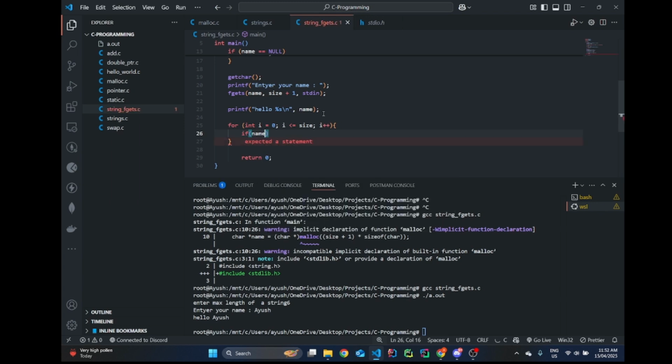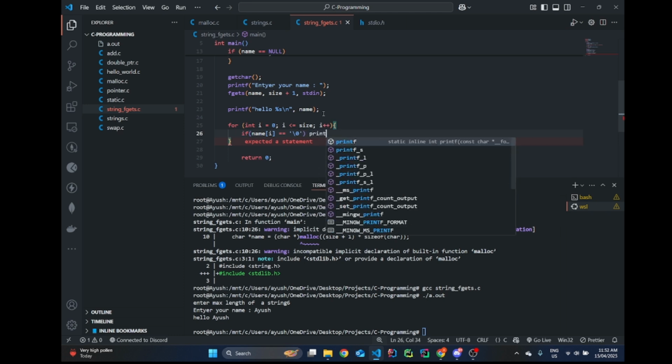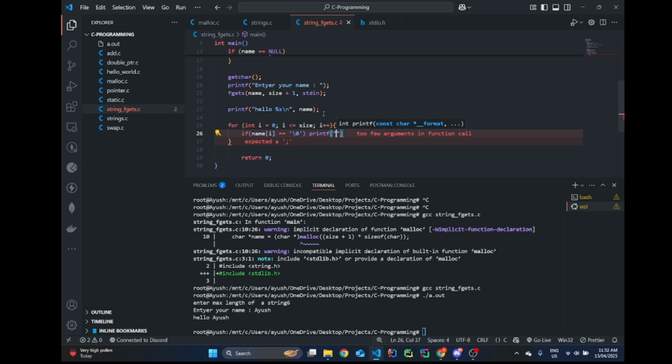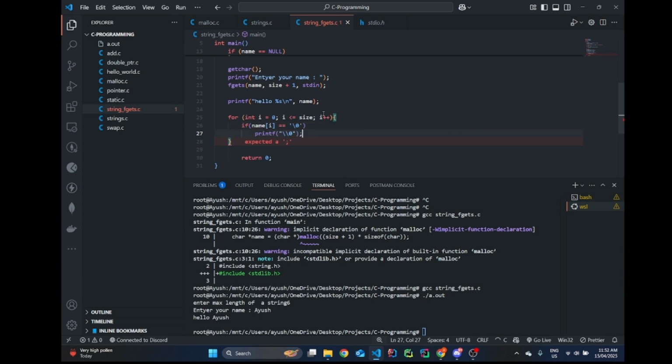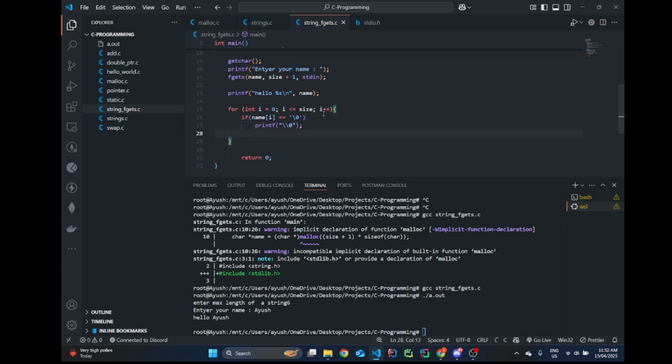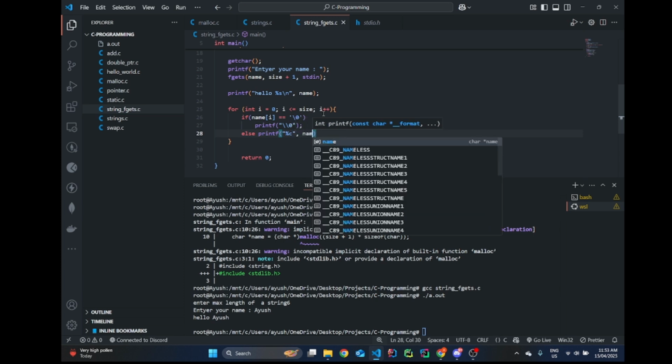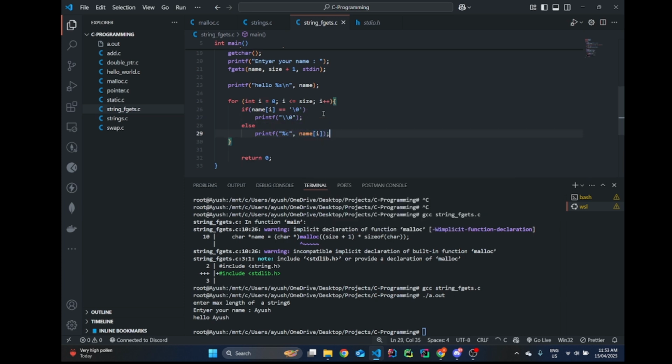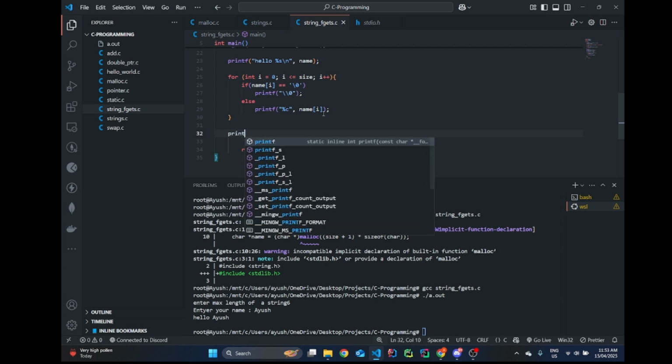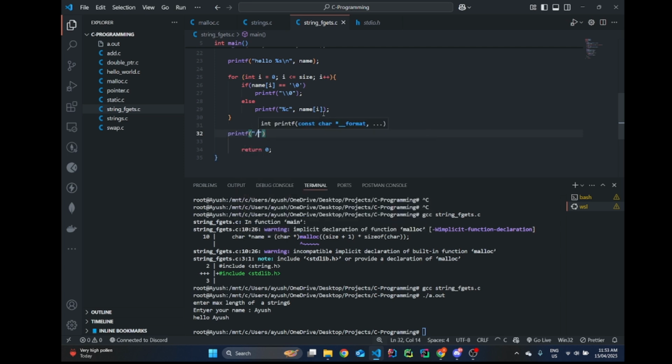If name of i is double equal to slash 0, then I'll just printf slash slash 0, because slash 0 is an escape character, so I don't want to escape it, so I need to add another slash before it. Else printf percentage c, name of i, and then I'll just format it using printf slash n,